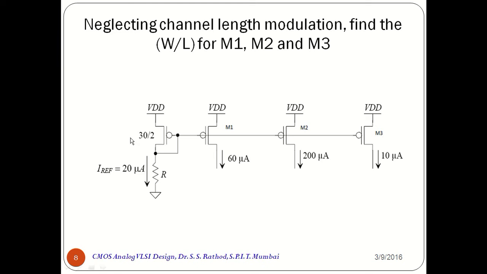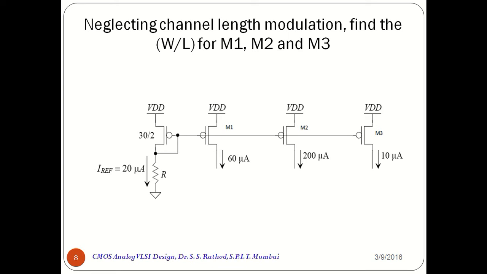W by L of 1 is 30. So what is W by L of 2? So W by L of 2 will be 90 by 2, because I out is 3 times I reference. So W by L of 2 will be 3 times W by L of 1, that is 90 by 2. In the third transistor, that is M2 transistor, output is 200 microamperes, so it is 10 times I reference. So W by L of 2 will be 10 times W by L of 1, that is 300 by 2